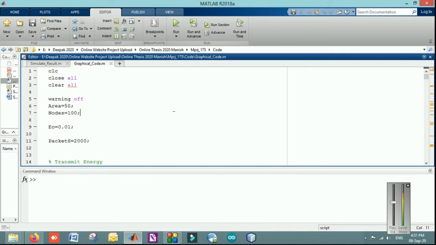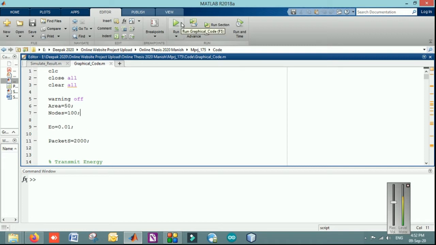So the algorithm that we have designed here, I will show you the code first, then we'll explain what exactly we have done in this. I'm running it in two sections. One is with the graphical code, which represents the cluster formation, but because the visualization takes too much time, I will show you only a few rounds, and later simulate it without graphical representation, so that a final comparison of the results can be shown to you.